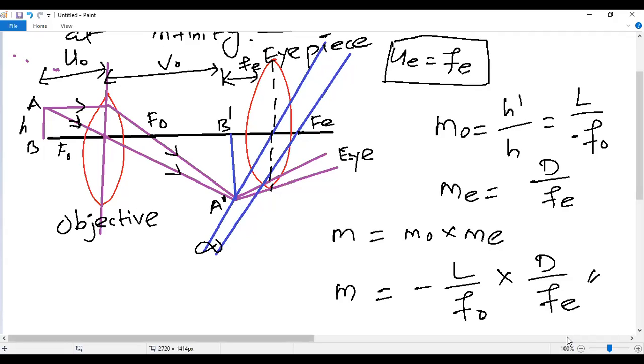In the question paper, they are asking: compound microscope, draw a ray diagram of a compound microscope when the final image is at infinity. We draw this diagram along with the formula. In the first derivation, they are asking only for the least distance of distinct vision case. If they don't mention anything, either one in general is fine, whichever is easy for you. That one you can do. Okay, clear? Any doubt?